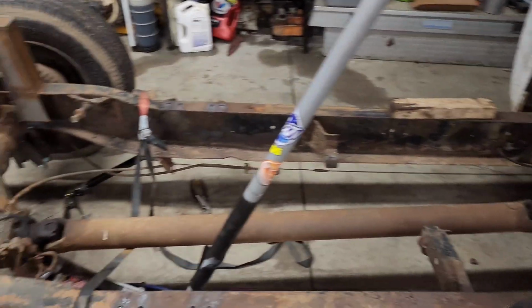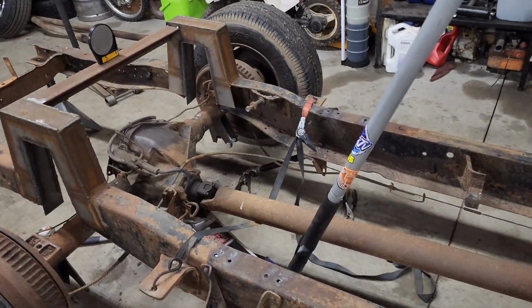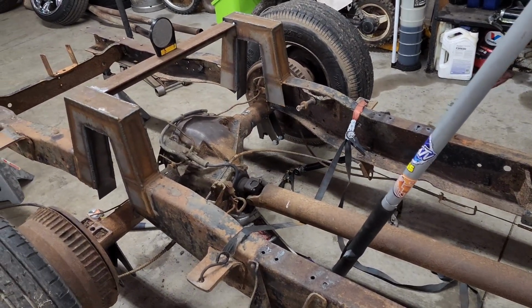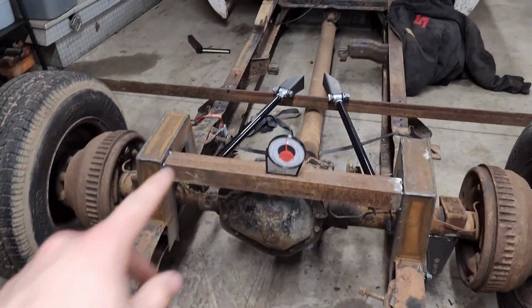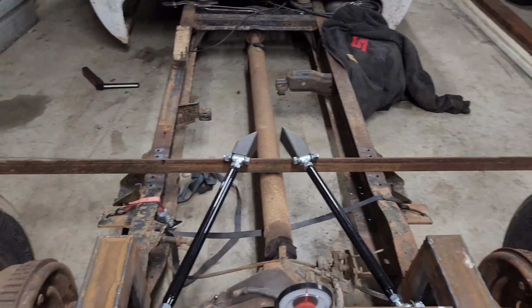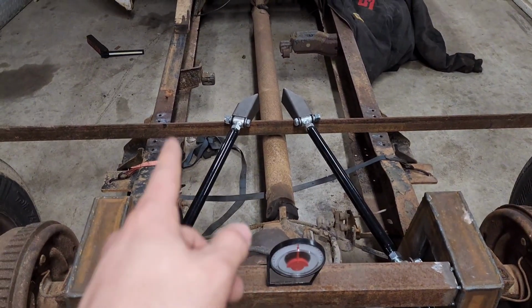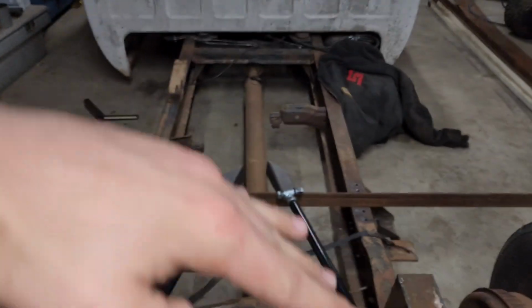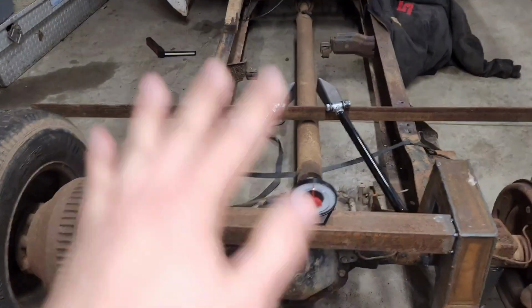I don't like the bolts hanging down. But let me get it mocked up, what the game plan is here, and we'll go over it. So this is a rough mock-up, but I decided that if I went from the frame rail to the differential, I'm already going to plate the frame in, but it would put the bars at a steep upward angle, and then the bottom bars almost parallel, and the geometry wouldn't flow right